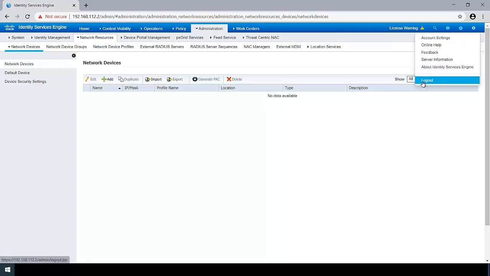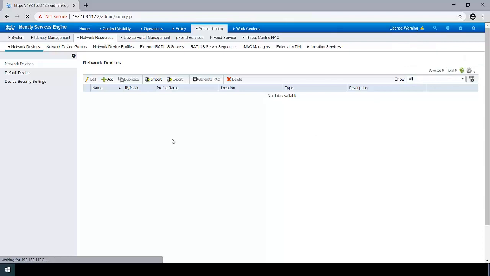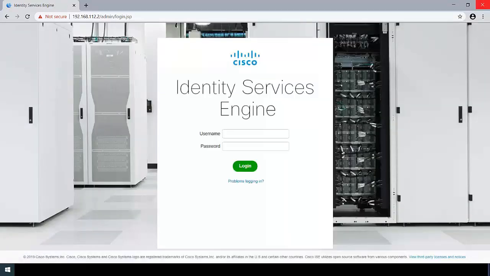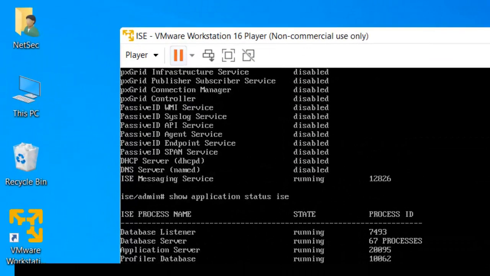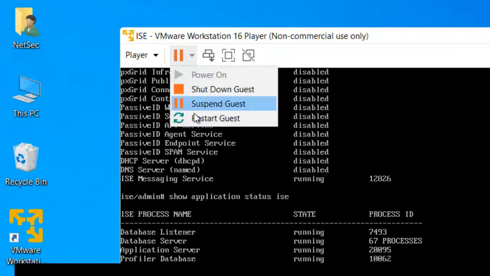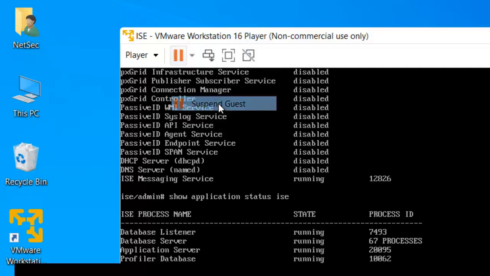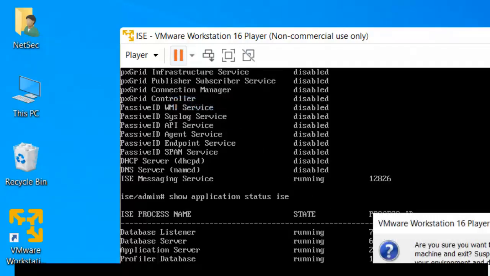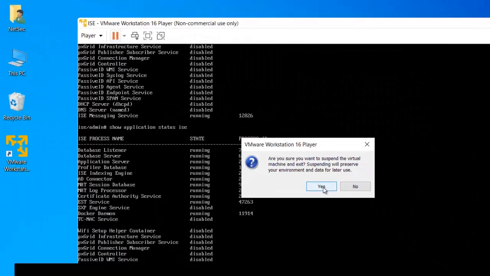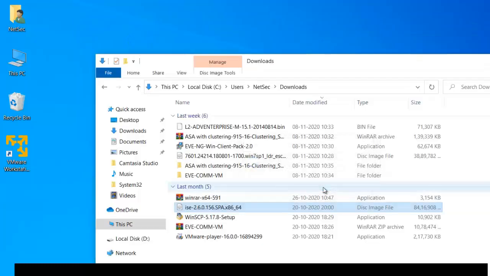So let's log off for now, and I will suggest not to shut this down. In place of that, just suspend the ICE node. It's because again, if you want to restart the node, it will take a lot of time, but the suspend option is like putting the device into hibernate state. So it will boot up faster and it will boot up from the place where you left.